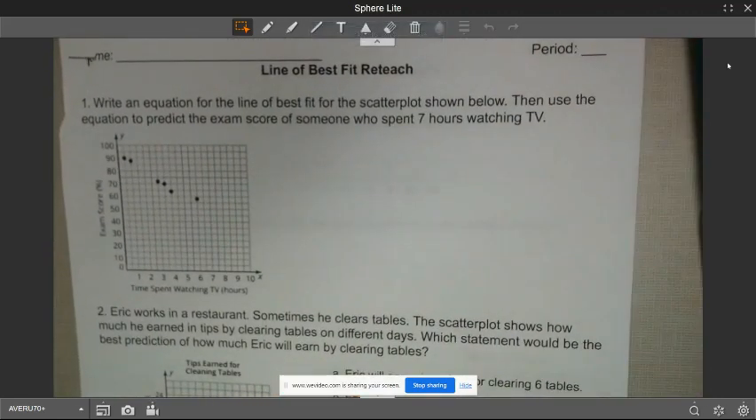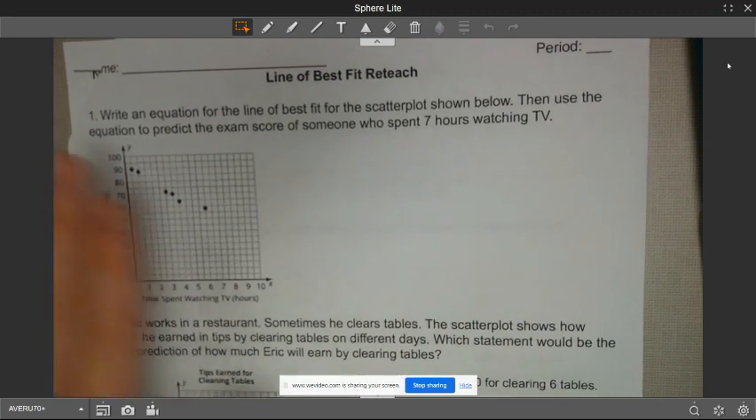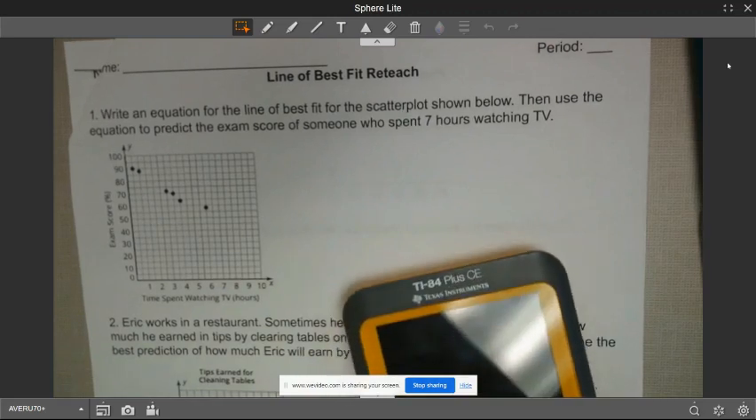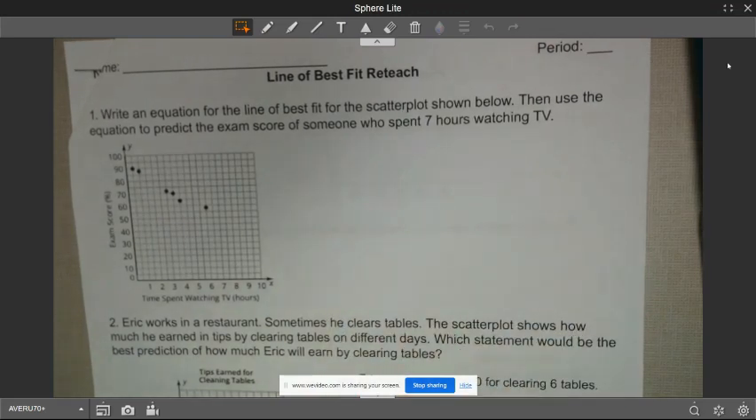of best fit. So we're going to write an equation for the line of best fit for the scatter plot shown below, then use the equation to predict the exam score for someone who spent 7 hours watching TV. There is no trend line drawn for you. So because we have the calculator, we are going to come up with the equation of a trend line by